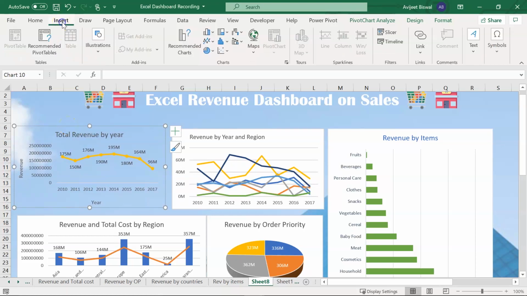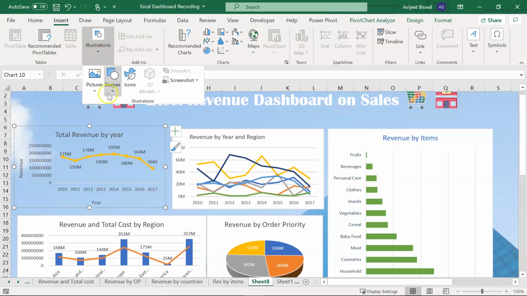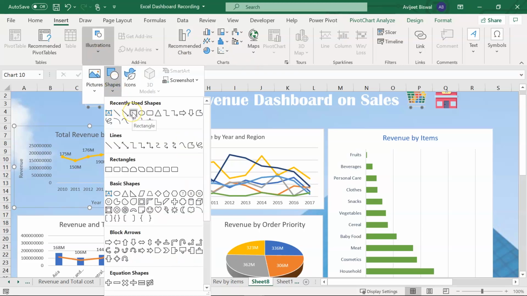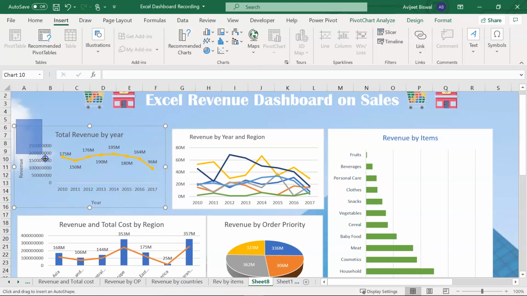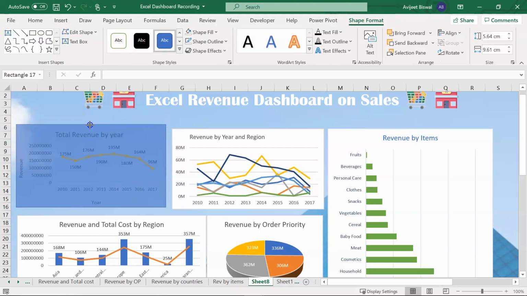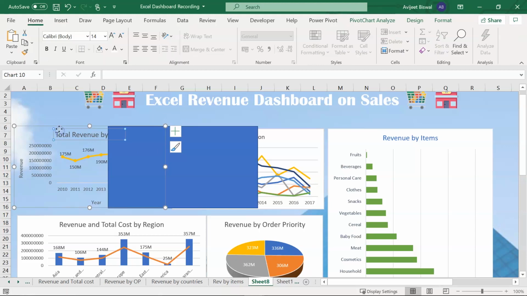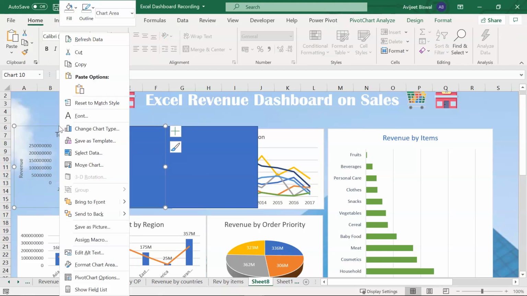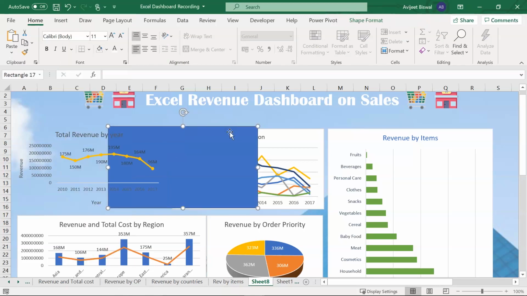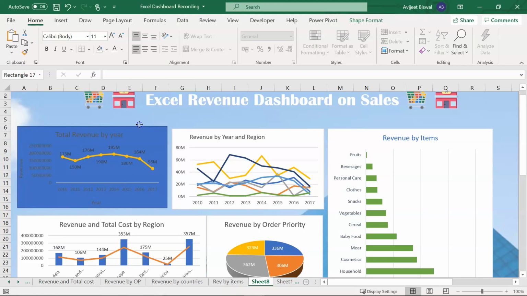Now what I'm going to do is I'll place this chart over a box. So I'll go to Insert, and in Insert we have the option to create a shape. So I'll click on Illustrations, and here I'll choose a shape and let me select a rectangle. So I'll just create a rectangle here. Alright, and now what I'll do is I'll select this and bring this to front. I'll right click and choose Bring to Front, and I'll place this shape below it.